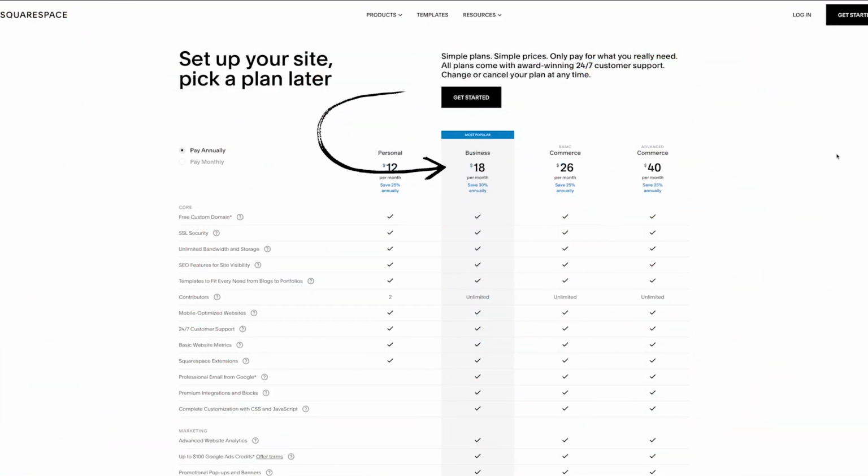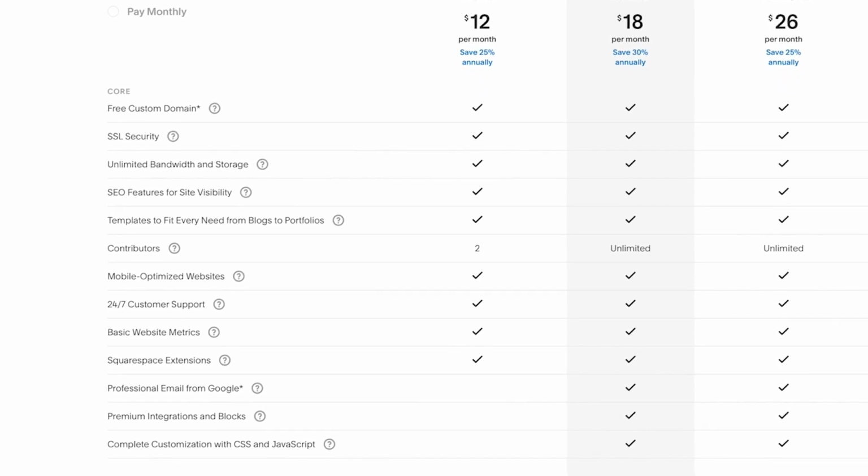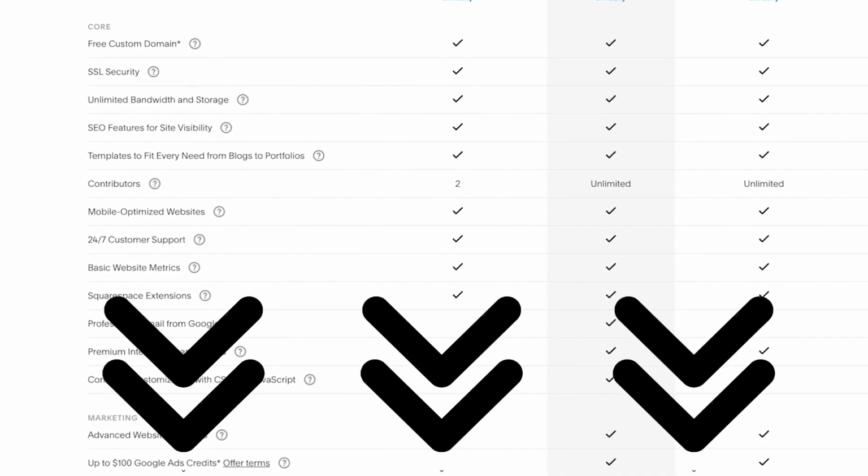First, it should be noted that you must have a Squarespace business account in order to embed external code on your site. So if you don't already have a business account, you can click the link below to upgrade your